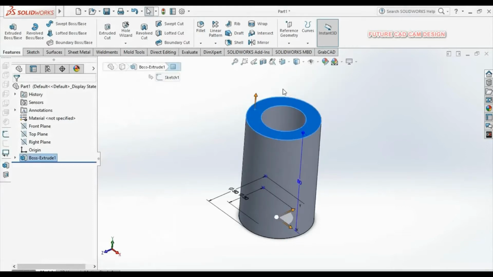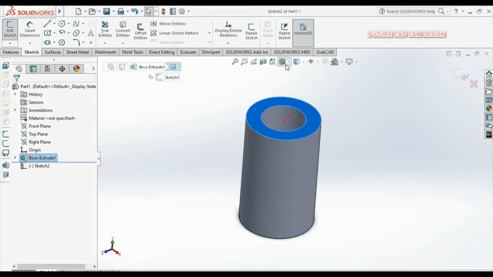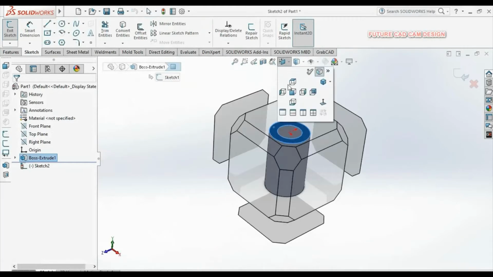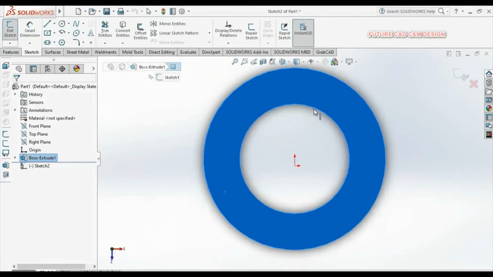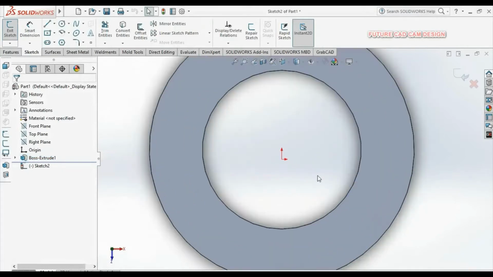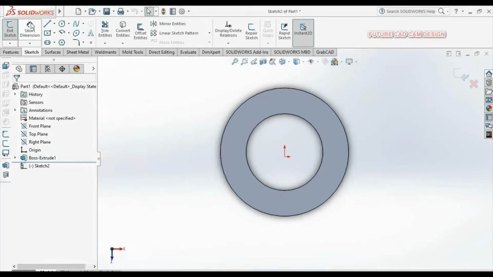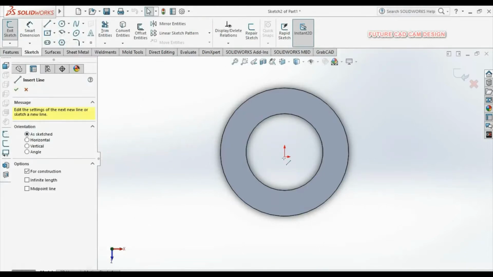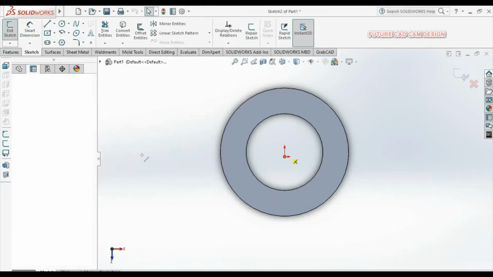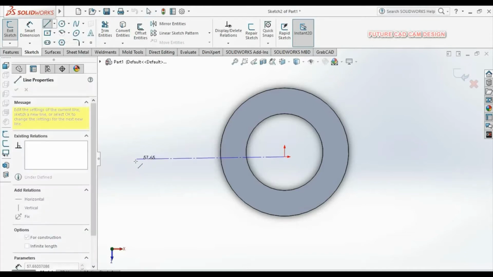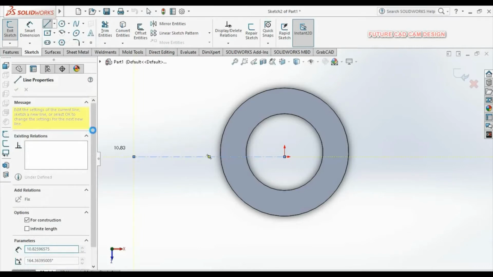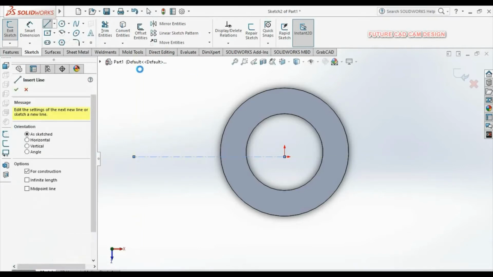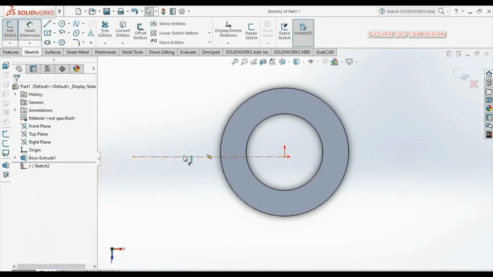So fix your sketch orientation. So we will make a center line first. So from center the corner edge of the feature is 57 mm.